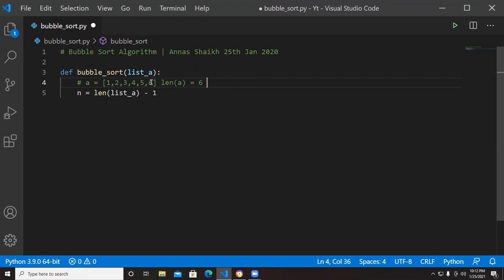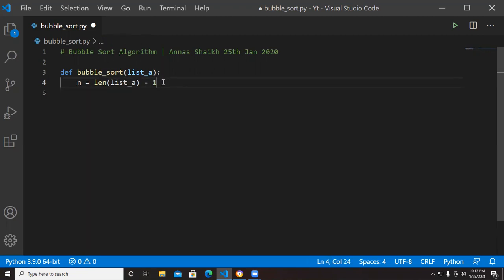But if you want the index number of the 6, it's actually 5 because the index starts from 0: 0, 1, 2, 3, 4, 5. So then we have to do minus 1, because the length is 6 and the index number of the last element would be 5. Get this?